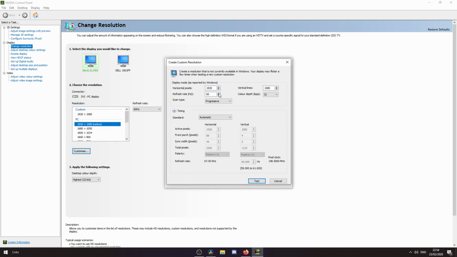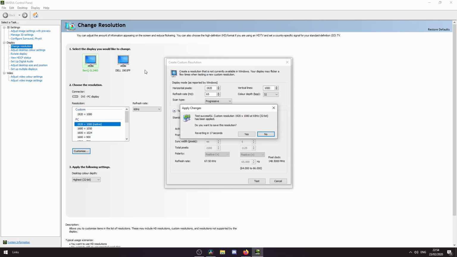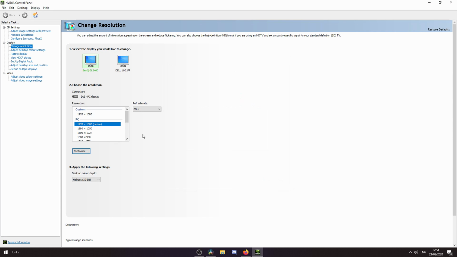So here you can, for example, bump your resolution up. I have a 60 Hz monitor, so I can bump it up to like 65, and then you click on Test, and then your screen goes black, and it says Test Successful, Custom Resolution is 1920 by 1080 at 65 Hz, and it has been applied. Do you want to save this resolution? If you want to, you can click yes. If you don't want to, you can click no. Then you can click OK,